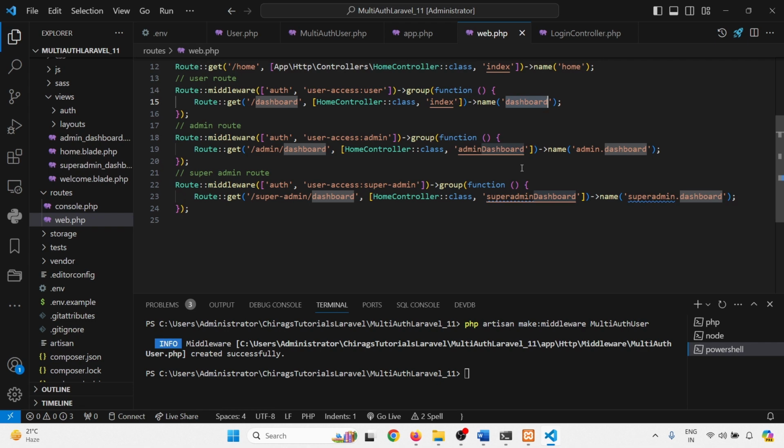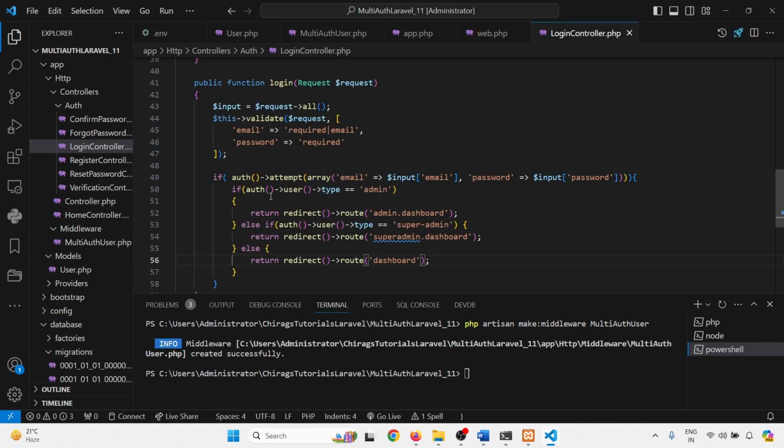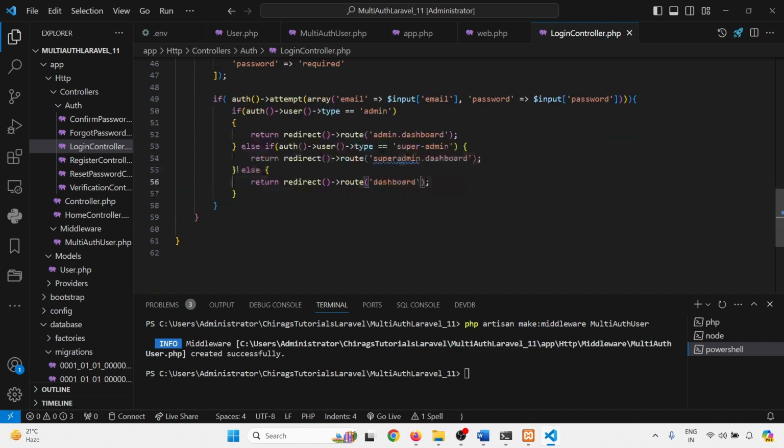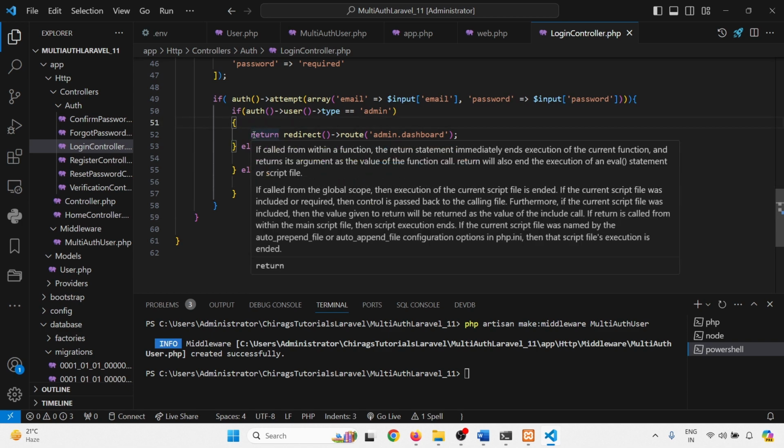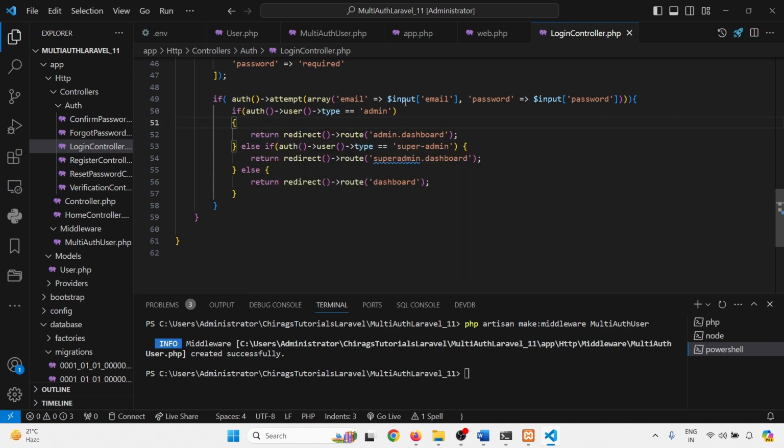So the if condition: if the username, email address, and password are correct, then it will check with the type: admin, super admin, and user. Three parts are there. And the else condition I will write